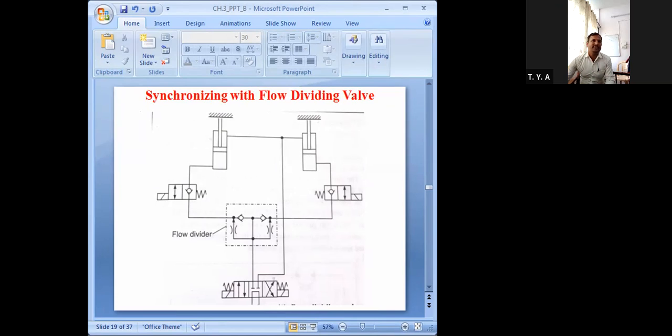You can see here we have the flow control valve, and here we have the check valve also. Okay, and here we have the flow control. For both, it is called the flow dividing valve only.